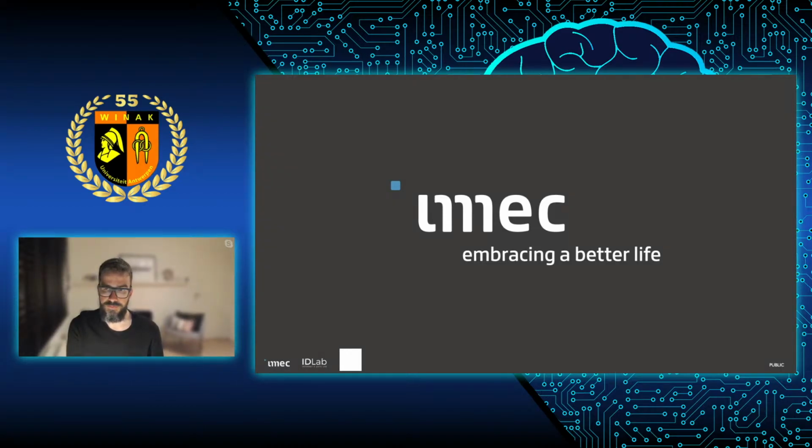Okay, and then the last question from Thibaut. Do you think it would be better to specifically train networks for these lower power systems, or train them for high power systems and then prune them to be runnable on low power systems? I think it really depends on the type of application that you want to support. I think where we are right now, to really build generic systems, pruning is often the best approach that we have.